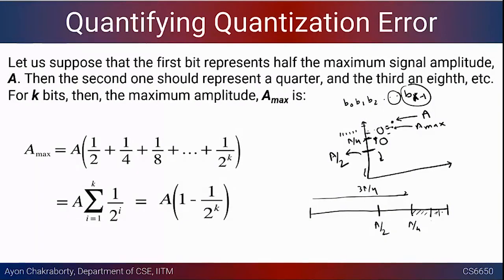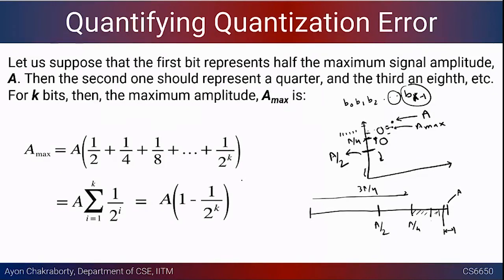So how fine grained can you reach the maximum value A? There will be a certain gap, and that gap basically becomes 1 by 2 to the power k. Is there any problem in understanding this? Anybody? If you are using this ADC and you are having k bits in the ADC to represent the digital value of the signal, that is the maximum you can represent.